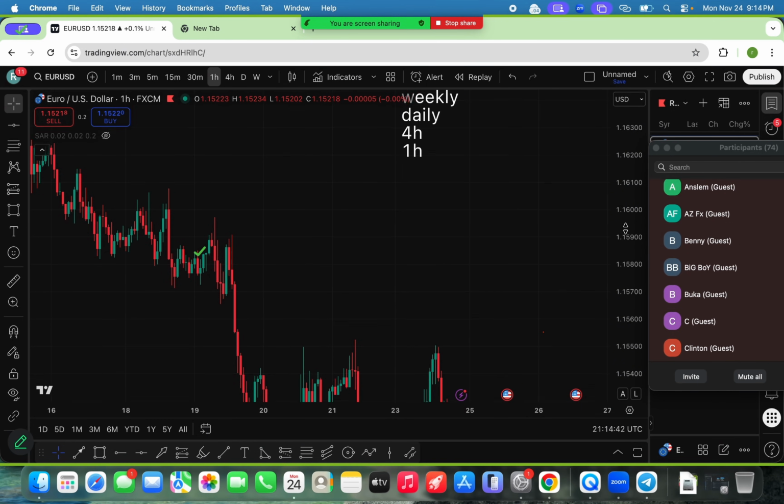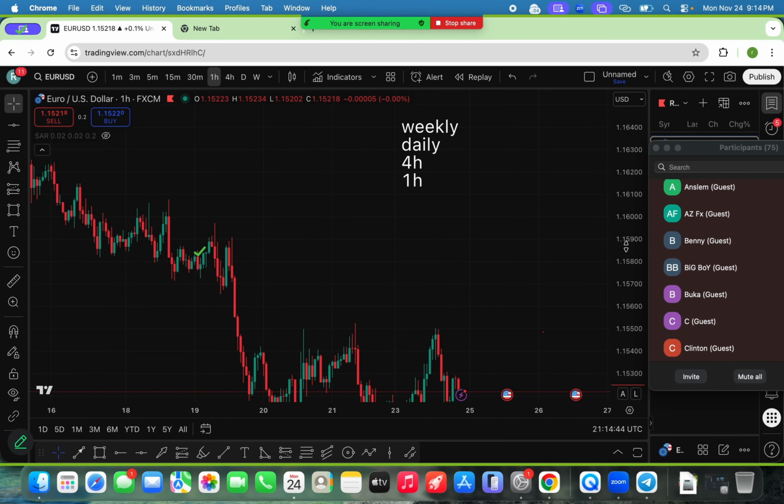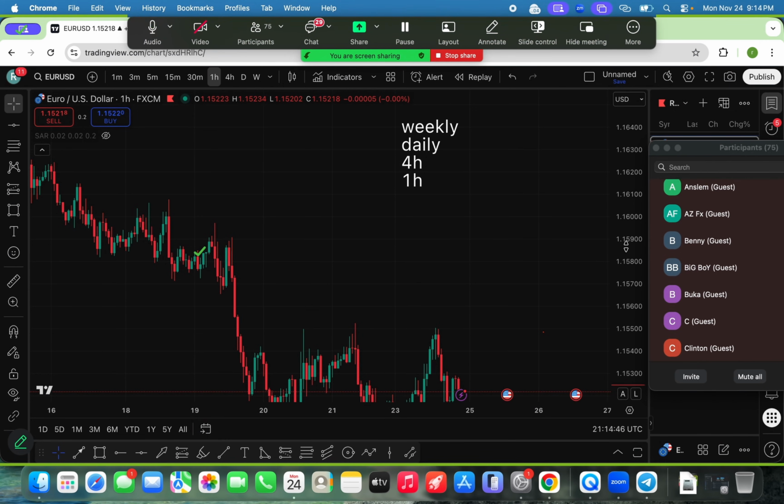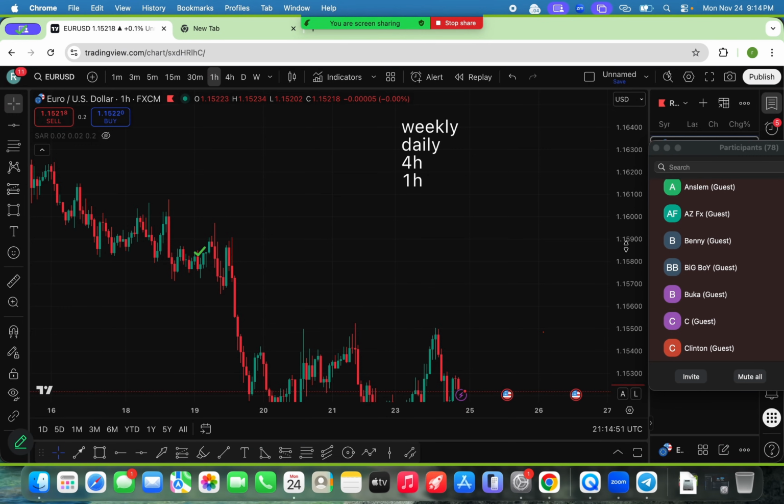That's simply top-down analysis. And in my top-down analysis, what do I do? I first go into the weekly time frame, and in the weekly time frame I find some turning points. Then I go into the daily time frame, and in the daily time frame I find the trend of the market. Then I come into the 4 hour time frame to find the inside turning point. It's called inside turning point because we found a turning point in the weekly. So if you're coming to the lower time frame, it means you are going inside. That's the inside turning point.